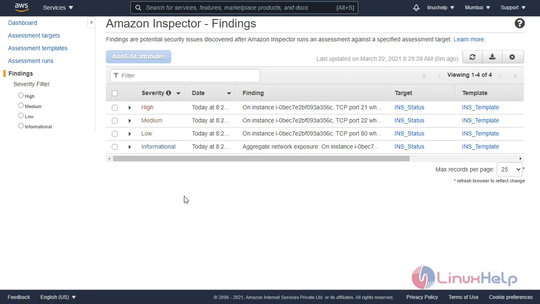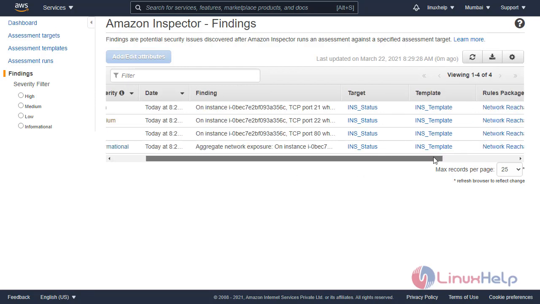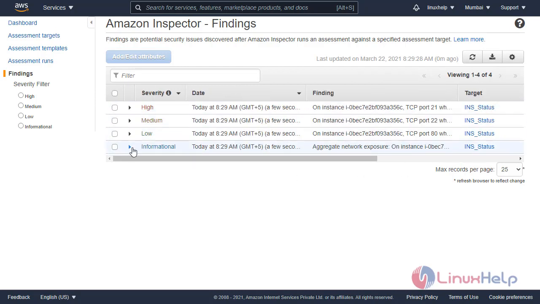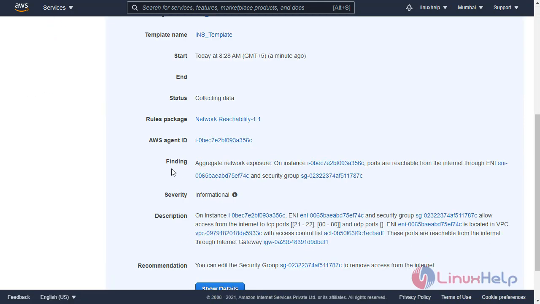There you can see the Amazon Inspector findings about the status of the instances. There will be 4 levels: one is information, low level, medium level and high level. The information level shows the instance's network exposure, that a port is enabled to the internet.